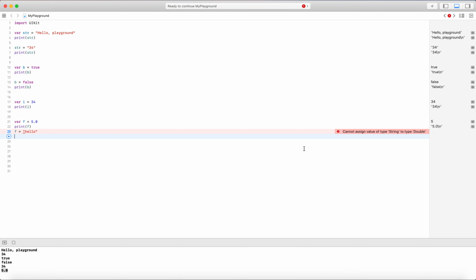For decimals, we basically have two data types: one is Float and the other is Double. Mainly we use Double in the Swift language, because Double can handle a larger number of decimal values. It's obvious that in Swift you have to use Double rather than Float.